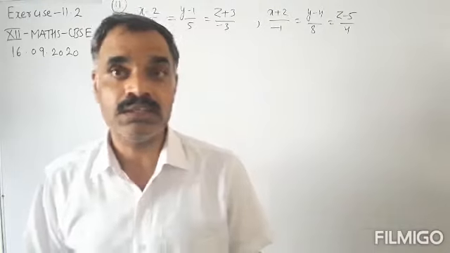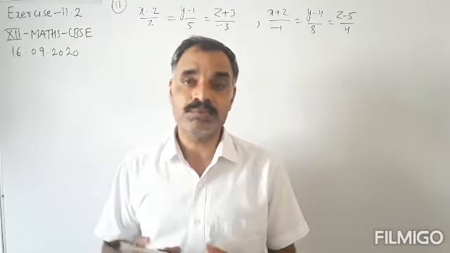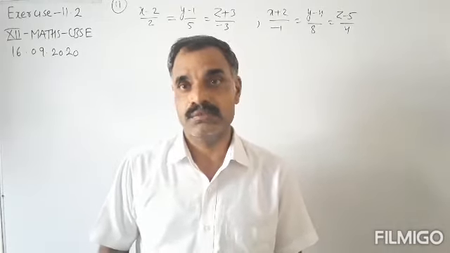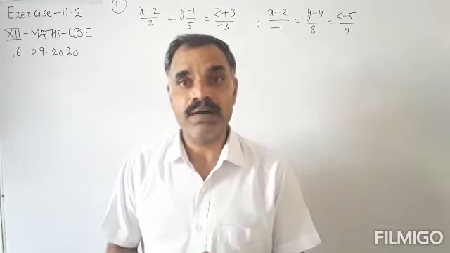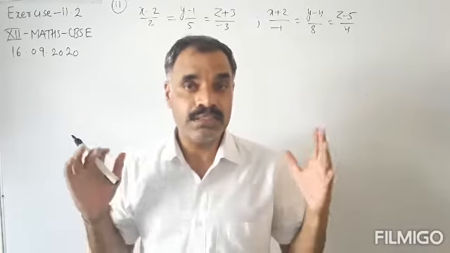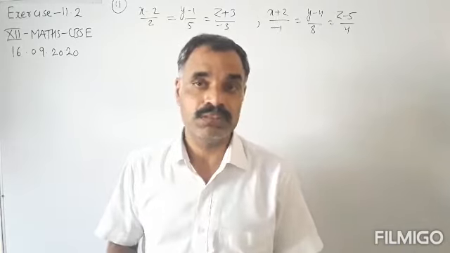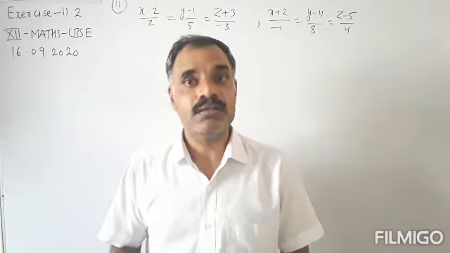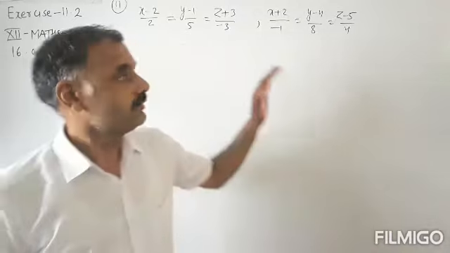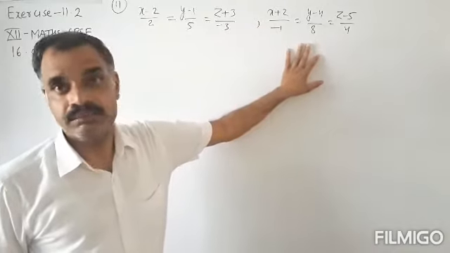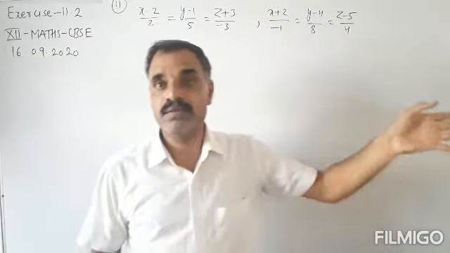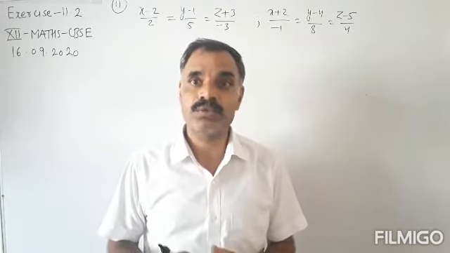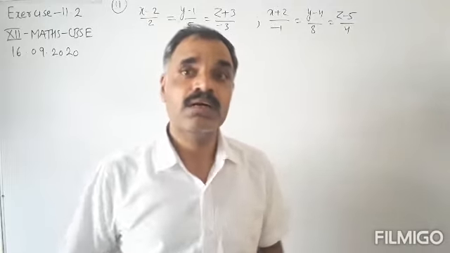Okay, and this is question number 11. We have to find the angle between the pair of two given lines. These lines are given in Cartesian form, so we will use the Cartesian form of the angle between two lines. Here both the lines are in standard form. If they are not in standard form, then we have to put them in standard form and find the direction ratios of both lines. After that we will use the formula.